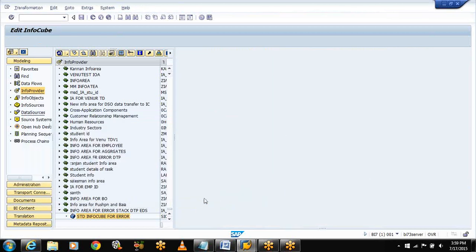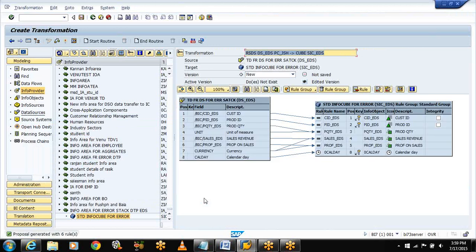The proposals are generated automatically. Why? Because I had inserted the info objects and copied the fields to the info objects. Now see here, this equal sign indicates direct assignment, 1:1 mapping. It maps the customer ID to the CID, PID to the PID, product ID, product quantity to the product quantity, and each and every field 1:1.